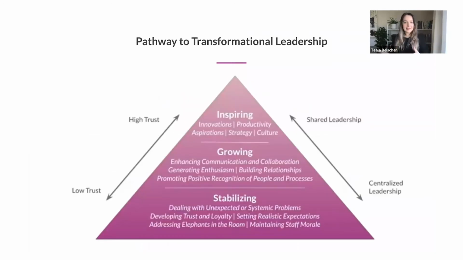And so this is another slide that we love at Thoughtexchange too. This is showing the pathway to transformational leadership. You can see we have a pyramid here with stabilizing, growing, and inspiring. And this is considering your organizational context. Each exchange that you run when you're considering engaging upon a specific topic is a step towards progress and finding your results on your why. So where are you in that process of moving from loud to crowd, of distrust to trust?